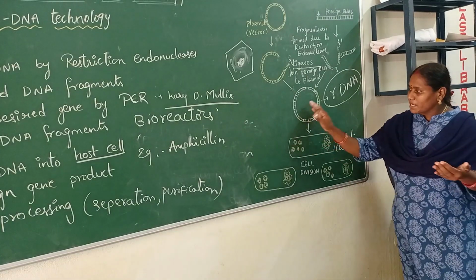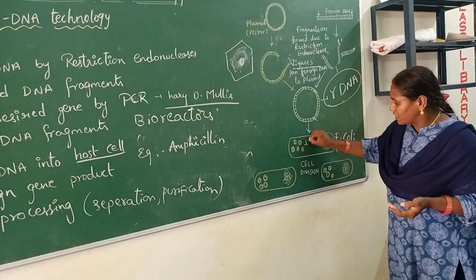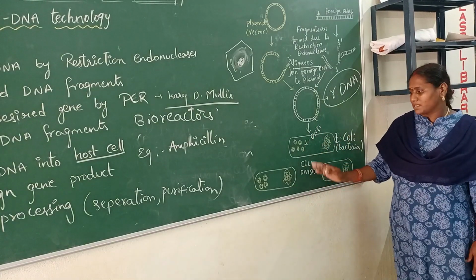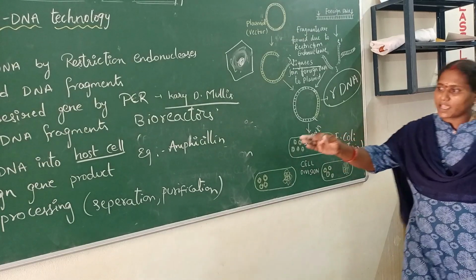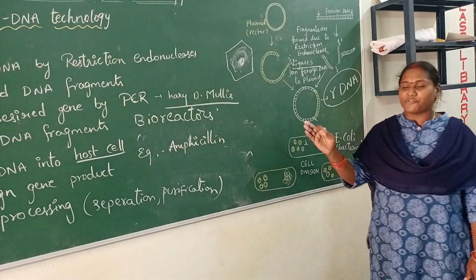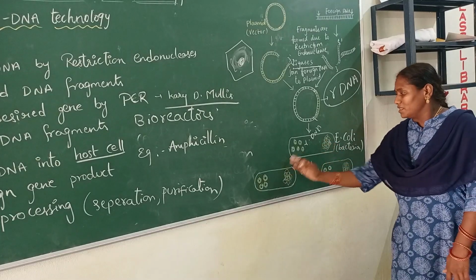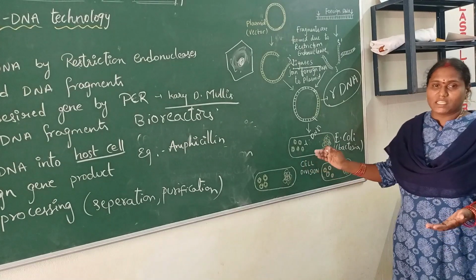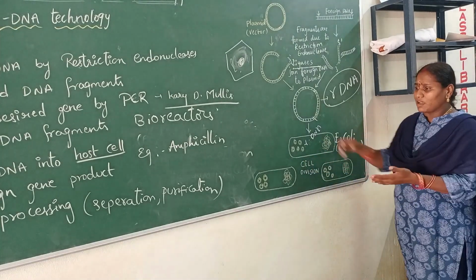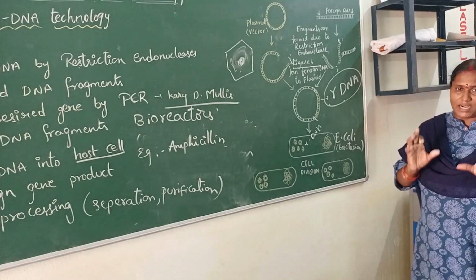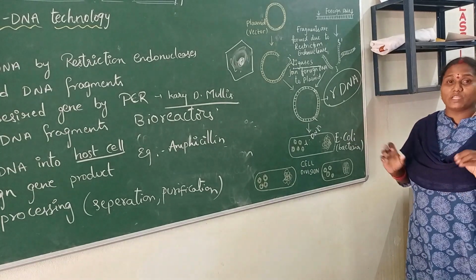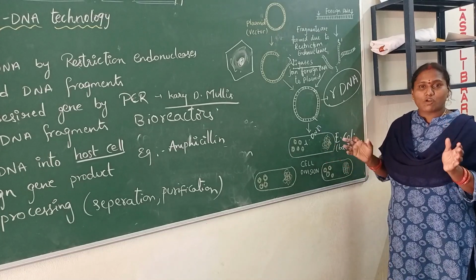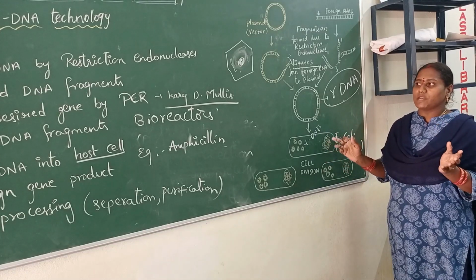Now, whatever DNA you have inserted, this recombinant DNA is undergoing an important process called cell division. That is what I said in the previous point, obtaining the foreign gene product. For this, the cell should be rapidly divided. For that, it requires a medium, which is nothing but an agarose gel medium. In an agarose plate, you can produce the rDNA molecule only on a very small scale. But if you need to produce in a large, bulk amount, that is called biomass, you need an instrument called a bioreactor.